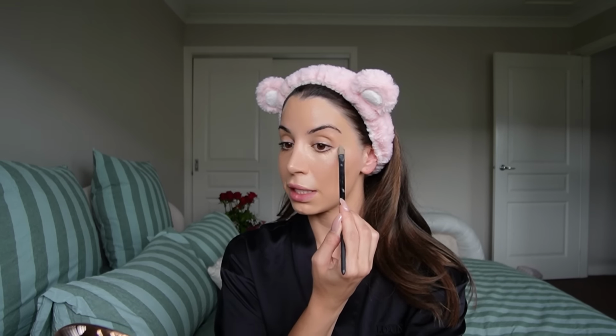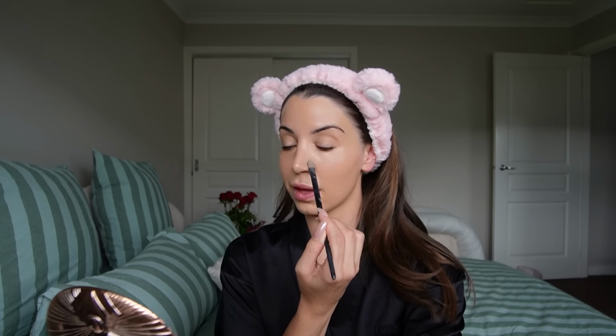With your concealer, you can apply it with a brush if you prefer. If you want to blend it in with your fingers, you can. I use both. So first, I just take this flat brush and I kind of press it into the areas that I want the concealer. And this concealer is just gorge because it's so reflective and just gives you a really nice glow. And it actually lasts, covers up any kind of dark circles, and doesn't crease into your under